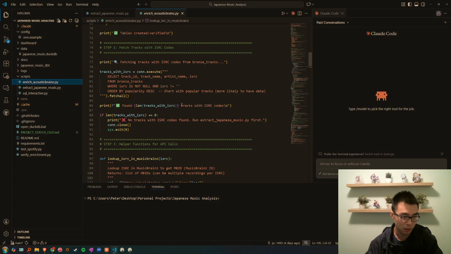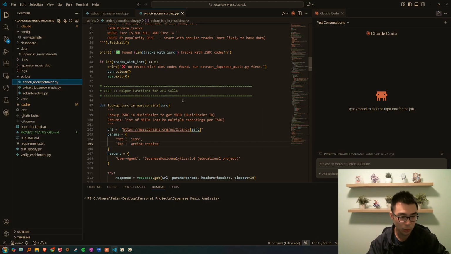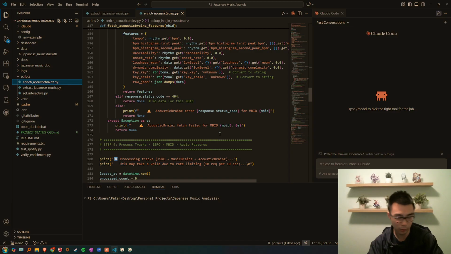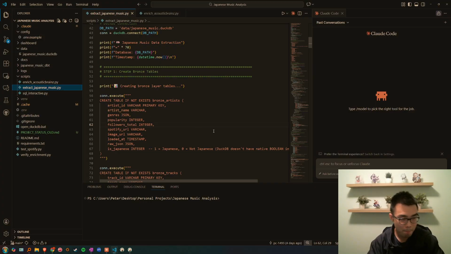And now here we have our Python script. Essentially, the Python script here is just some basic data transformation and pulling the API. So we're trying to enrich our Spotify data with AcousticBrainz. Didn't really work very well, only got 63 tracks. Unfortunately, AcousticBrainz was deprecated in 2022, so we didn't have data past that point. This one is just to extract the API from Spotify.